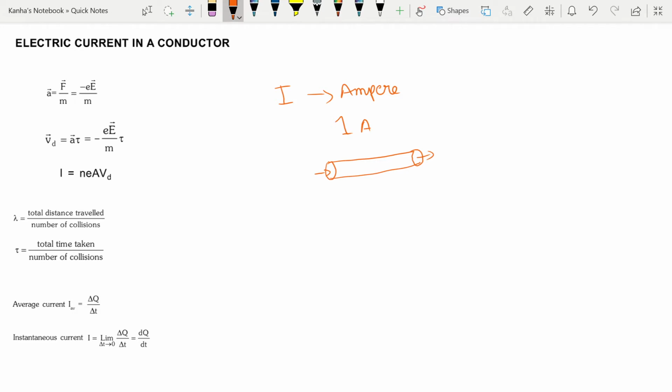So, in this section, we'll briefly talk about different aspects of current and try to get a formula for current based on some material properties. So first of all, let's talk about conductivity. Based on conductivity, you have three types of materials: conductor, insulator, and semiconductor. In conductors, the outer electrons of each atom or molecule are only weakly bound to it. So these electrons are almost free to move throughout the body of the material.